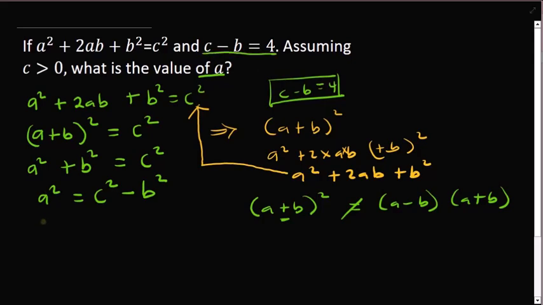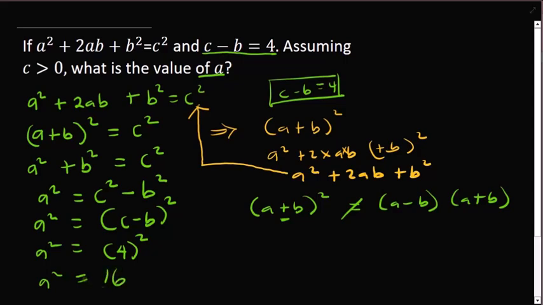So we can simply say that a squared is equal to c minus b all squared, and what is c minus b? It is 4. So a squared is equal to 4 all squared, and a squared is equal to 16. So you can take the square root of both sides. Let's continue from this point. If you take the square root of both sides,